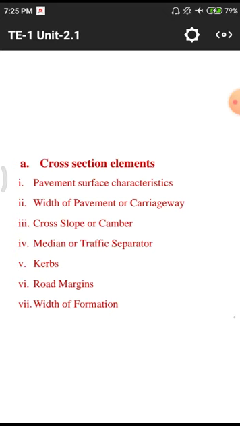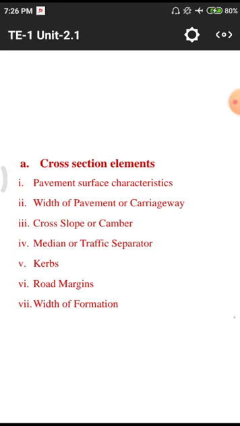Width of the pavement and carriageway both have different importance factors, because of the need to avoid accidents at particular cross sectional elements. Suppose there is a cross section where a double lane road entirely converts into a single lane, we need to mainly focus on that point. That means two lanes are converting into a single lane, so a huge amount of traffic is flowing into a single lane. That means we will have major conflict points at those particular cross sections. So that comes under the width of the pavement and carriageway.